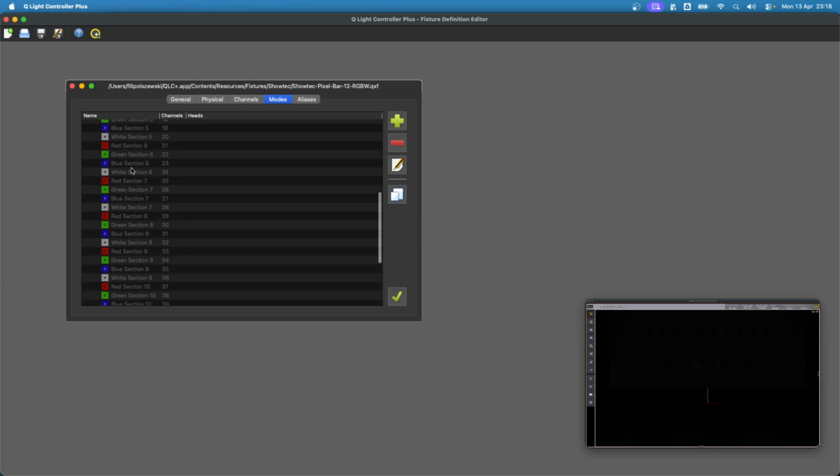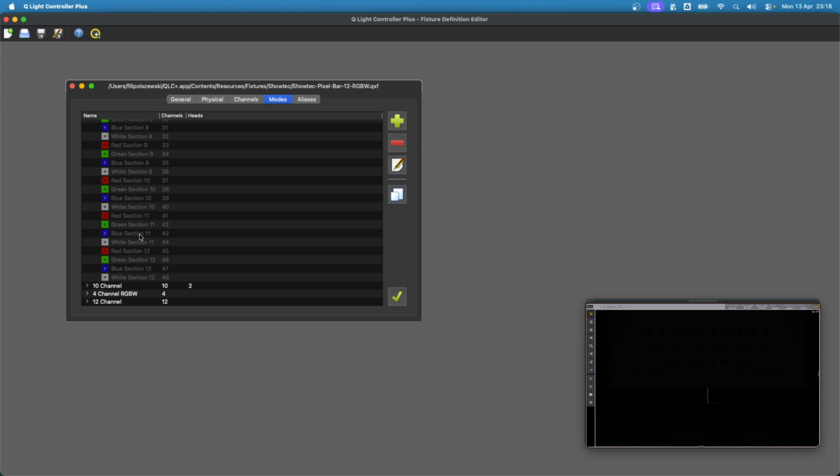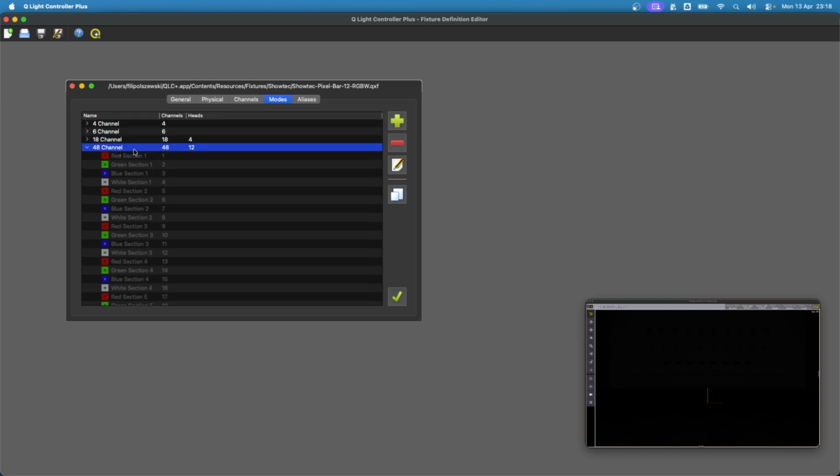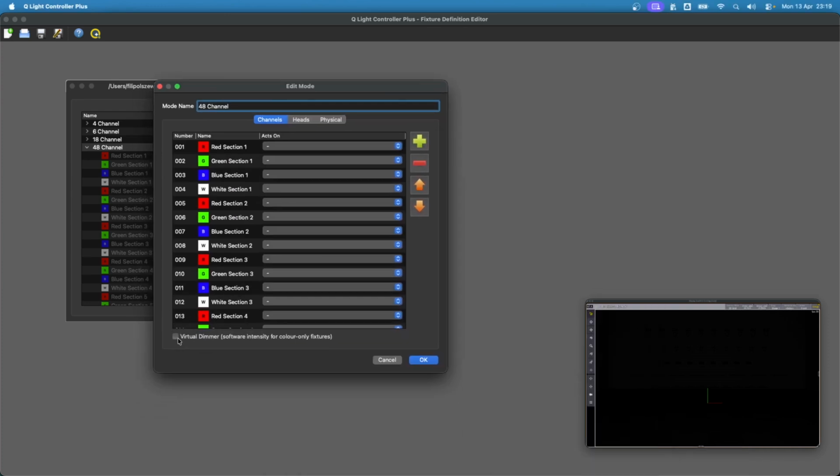And this fixture has, in this 38 channel mode, 12 pixels in the bar, and there is no dimmer channel. That's a problem because we want to map all of those pixels, but also have a dimmer. So if you have a fixture like this, you go to edit, and now we have this new tick box here at the bottom, virtual dimmer, and this is what you have to click on. And you click OK,